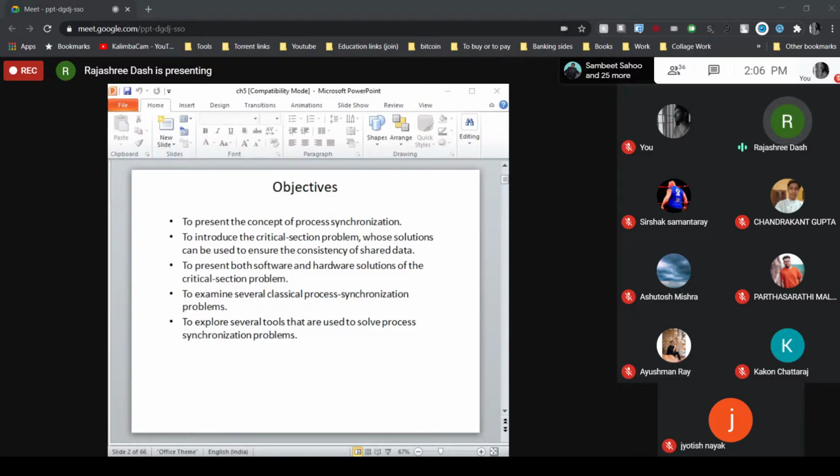Then we are going to discuss both hardware and software based solutions of the critical section problem. Then we will discuss some popular classical process synchronization problems, and explore several synchronization tools to solve the critical section problem, that is, the process synchronization problem.